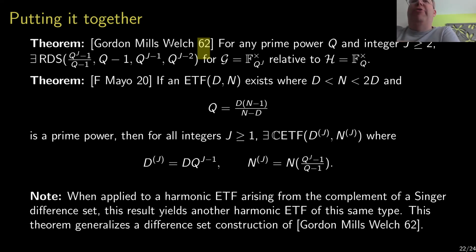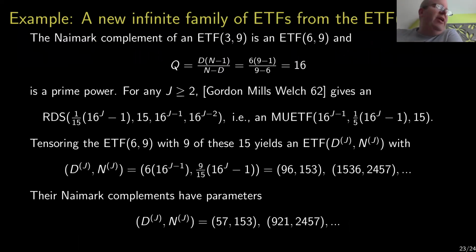What Gordon, Mills, and Welch are really saying is that the harmonic ETF that arises from the complement of certain Singer difference sets can be achieved by taking a tensor product of another ETF of that type and mutually unbiased ETFs that arise from a relative difference set that they discovered. And so just to give you an example of the power of this, I'm going to give you a new